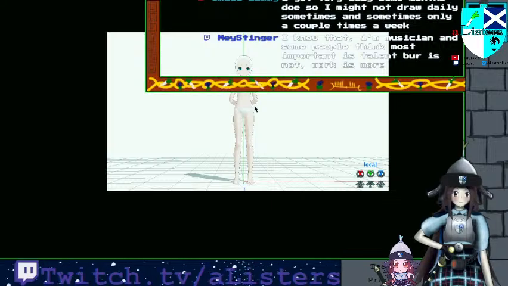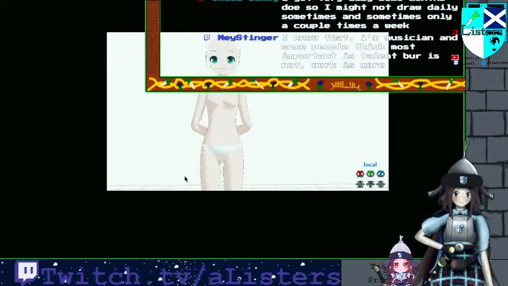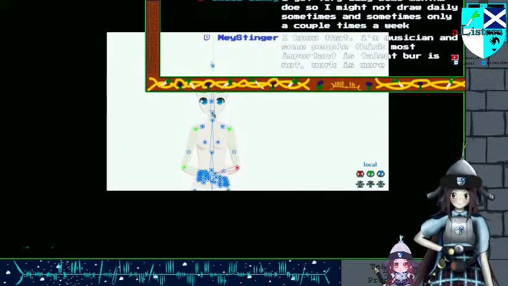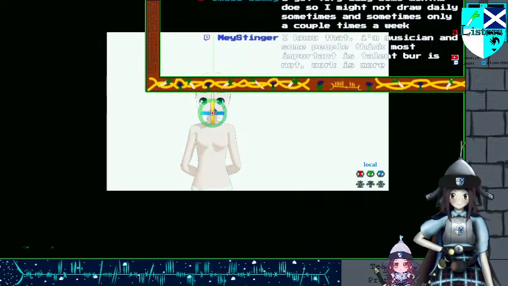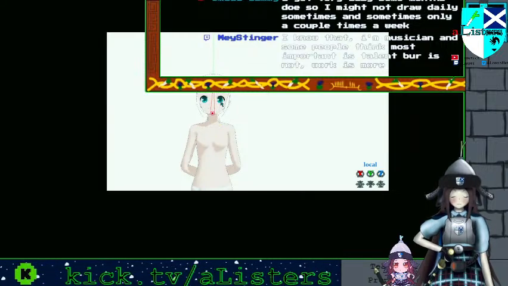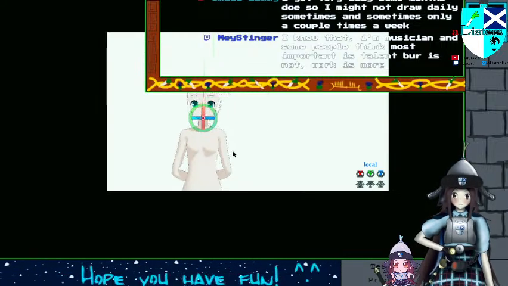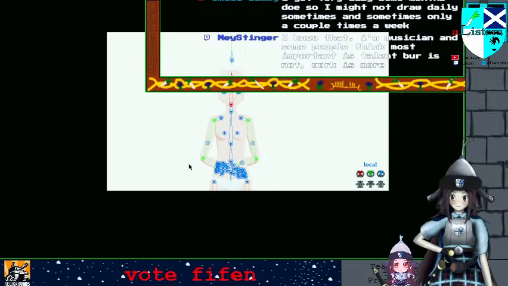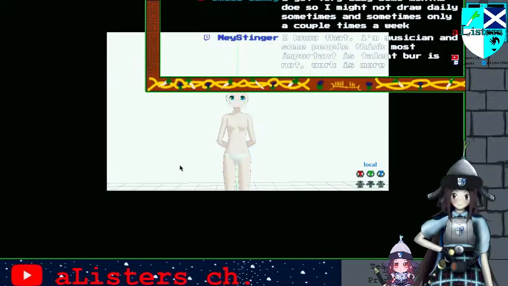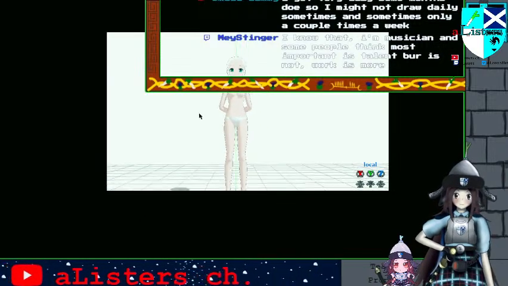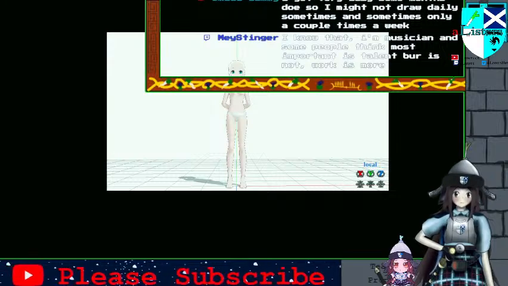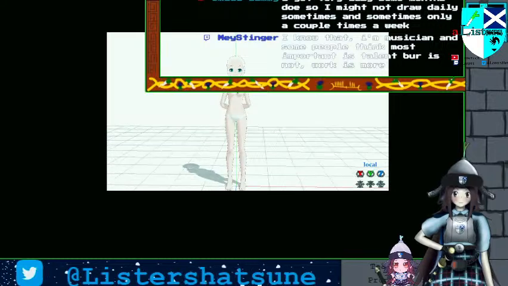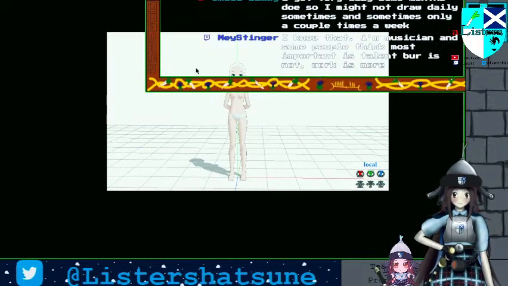Okay. Once again. Okay, I'll have her face upwards because we'll use certain... we'll also try to match the gaze up like that.